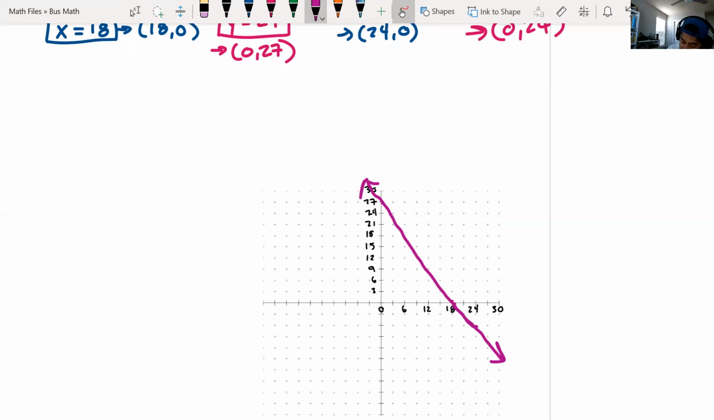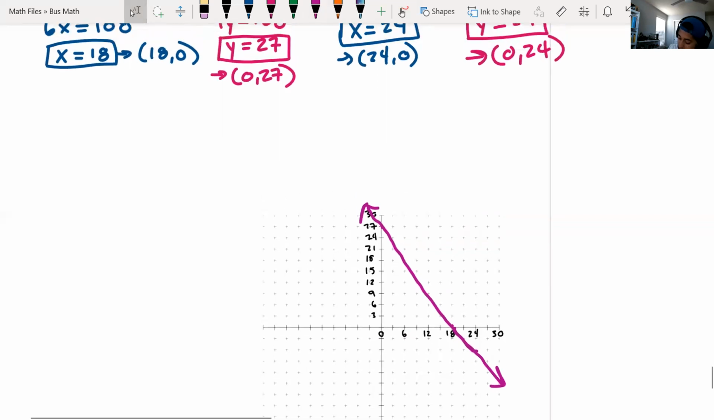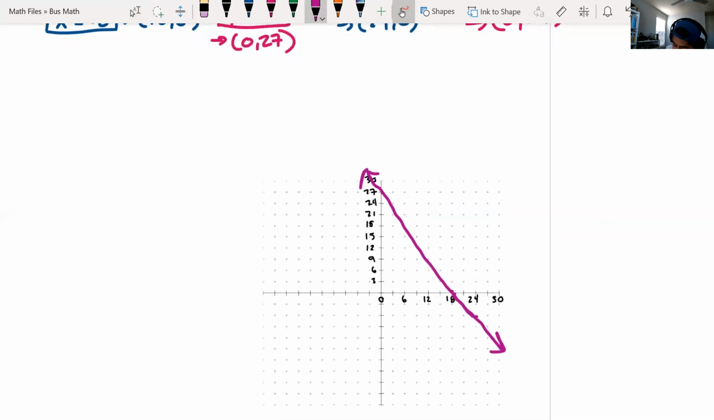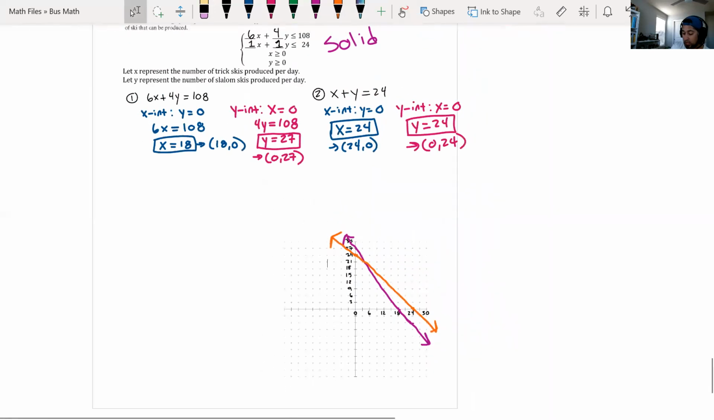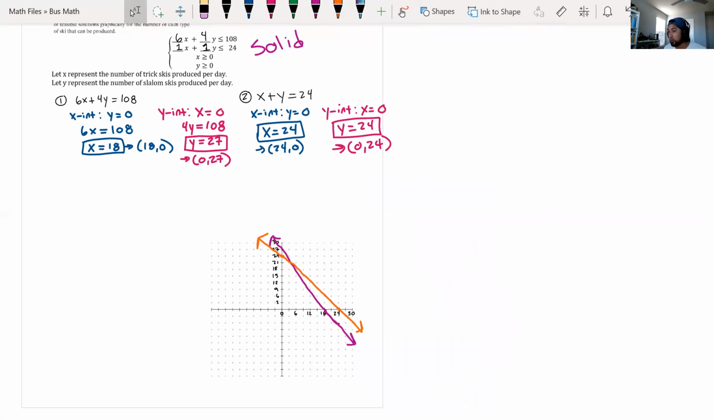And then the next line is 24 and 24. Good. We'll make that orange. 24 and 24. And then connect those two lines. There we go. And the last pieces to draw are those non-negative restrictions of x greater than or equal to